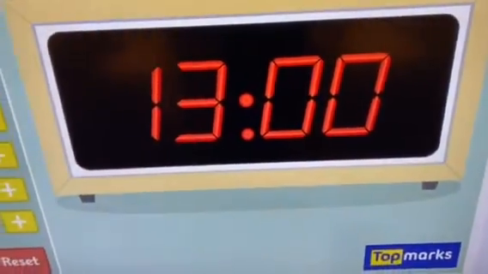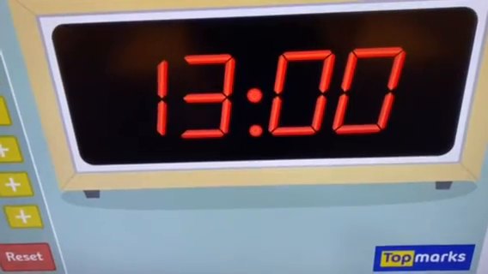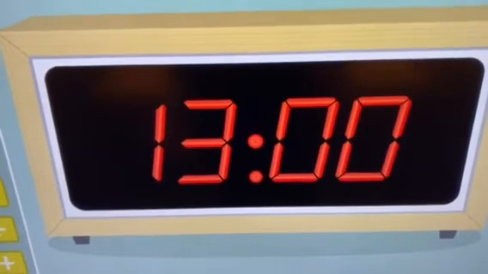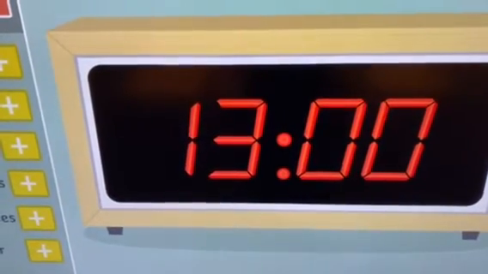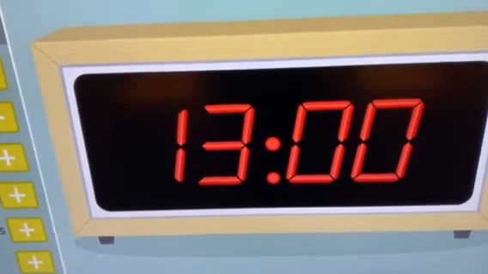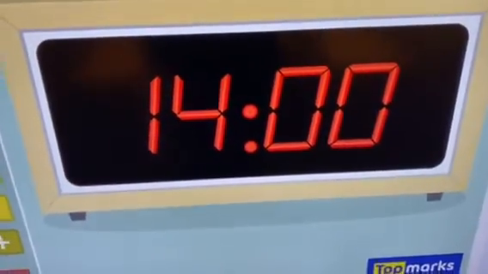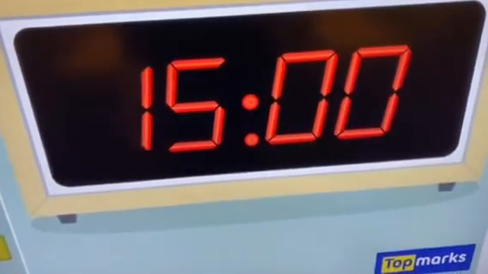Now, that says 13:00. It's not 13 o'clock, okay? That actually is 1 o'clock in the afternoon. But it's gone from 12 to 13 because we use the 24-hour clock. So in the afternoon, it becomes slightly different. Now, as we move up 1 more hour, that's 2 o'clock, 3 o'clock, 4 o'clock in the afternoon, 5 o'clock in the afternoon, 6 o'clock, 7 o'clock, 8 o'clock, 9 o'clock, 10 o'clock in the evening, 11 o'clock, and then